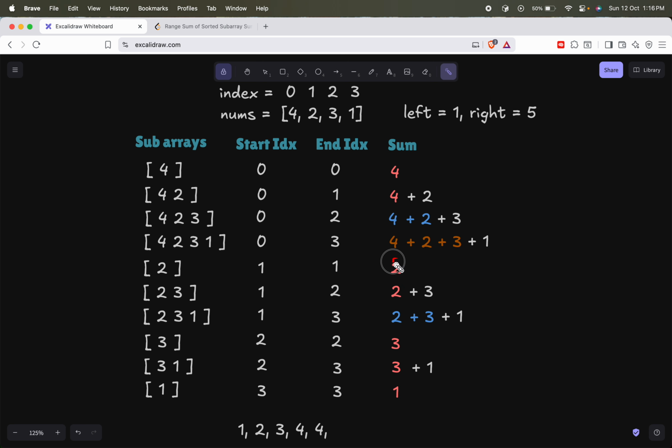I will take 2 and then that will be part of my answer. And what is the next sum possible after this? Okay, which is 2 plus the next element to 2, which is basically 3. I will add 3 to it, and then I will push it back to my priority queue. Okay, and again I will take the priority element and then keep on repeating the same process, but